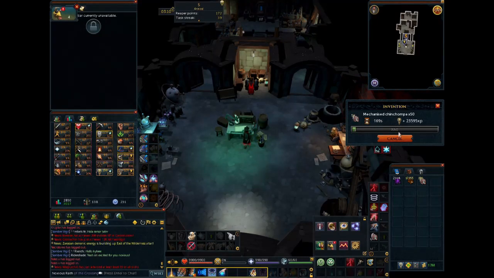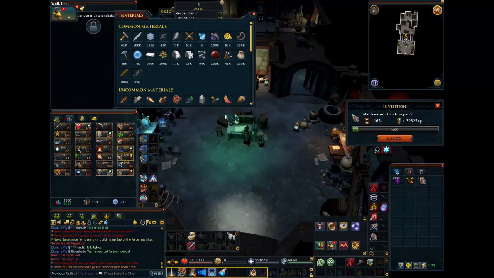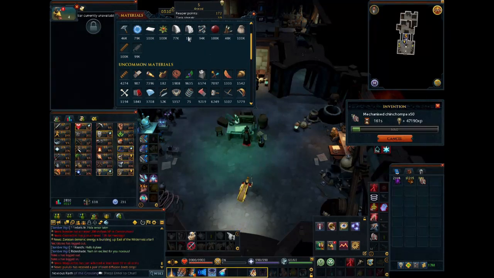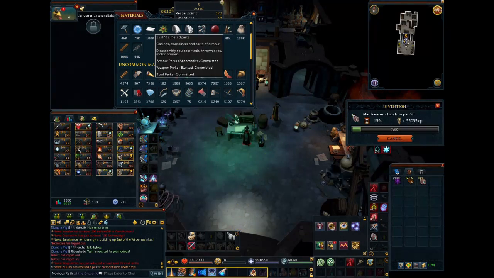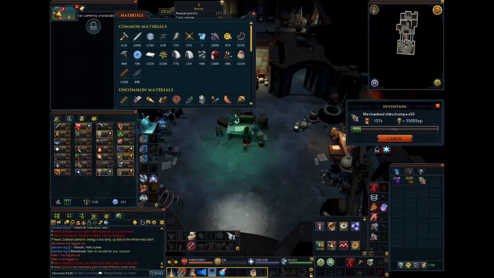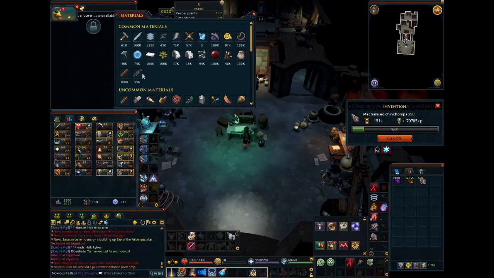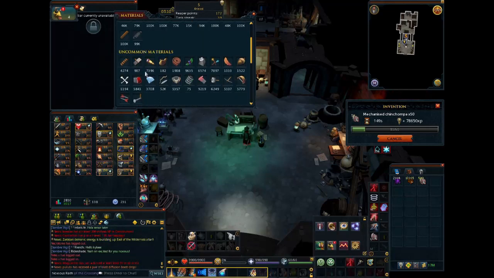Already 23,003 of them. This is crazy. I'm going to make a whole mess of them. They're 1,500 living components. And I got almost 16,000 plated parts. Let's see. I think it uses connector parts as well. I got plenty of those. I got plenty of everything. I got plenty of tensile parts for the